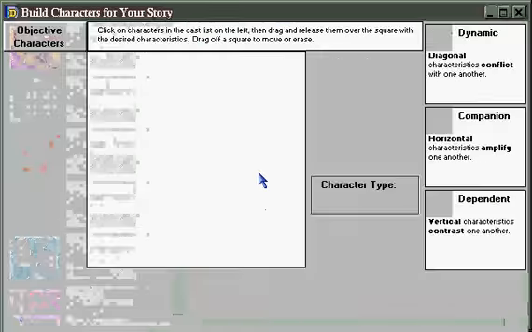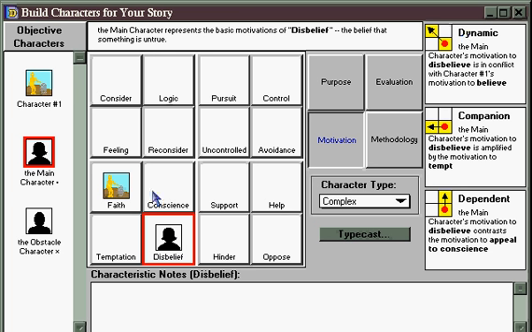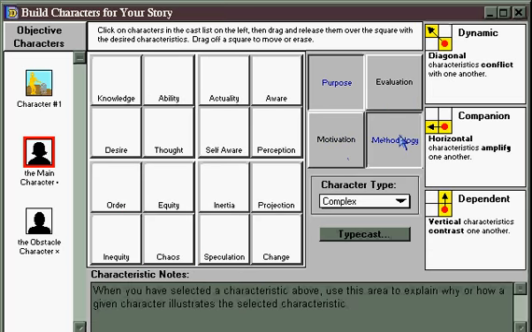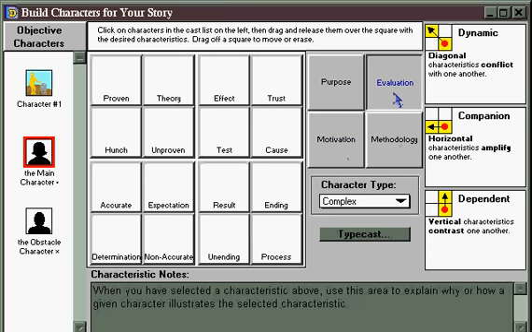You can build characters by assigning them characteristics. For example, this character might represent faith, and this character might represent disbelief. Looking over here, you can see that these characters, because they're diagonal, come into conflict, as it lists here in the character relationship window. You can fill in character motivations, purposes, methodologies, means of evaluation, assign them as various archetypes,